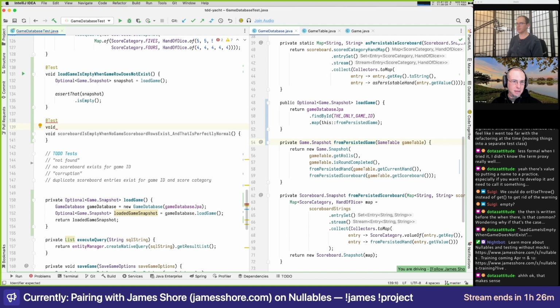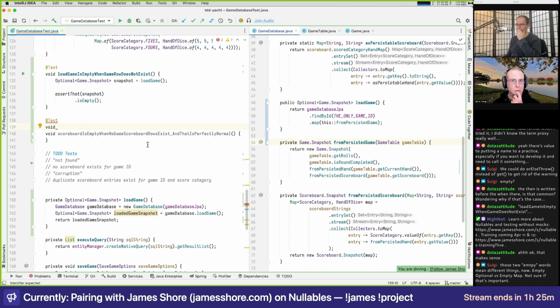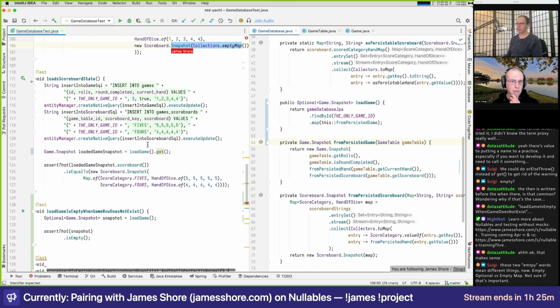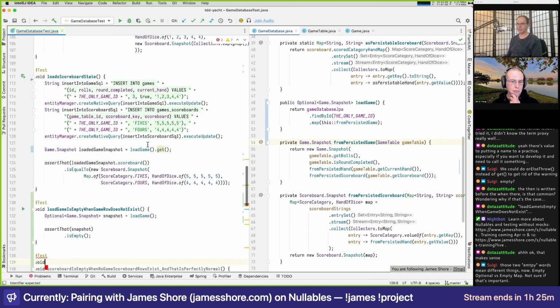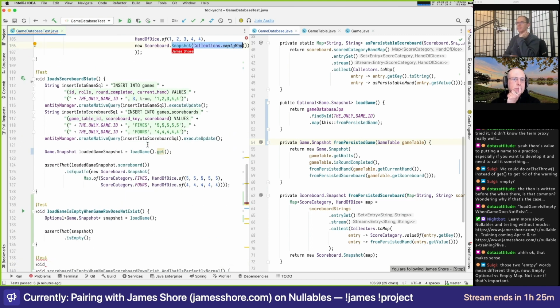So how are we going to verify this? Well, I think what we're going to do is basically what we have up on line. We're going to repeat that test, except that we are going to just look at the scoreboard. Actually, no, it's already in there. Line 106 is doing exactly what we're talking about doing. It's the exact same test.